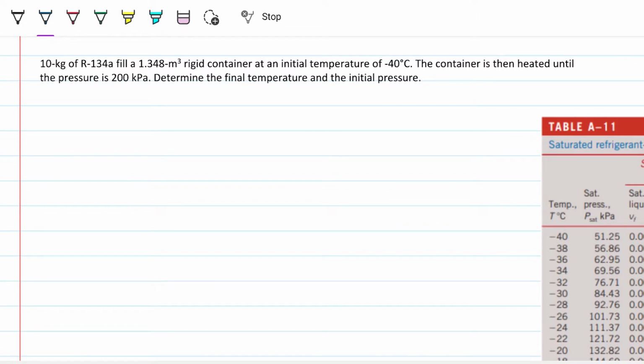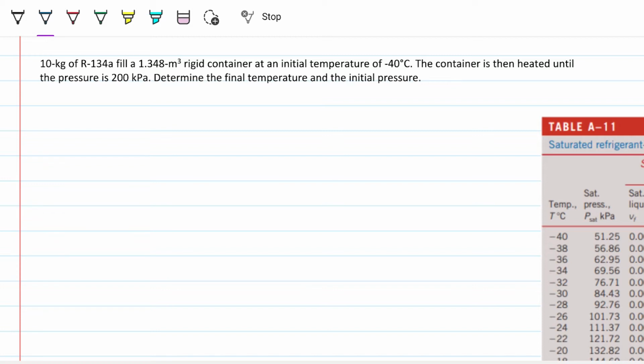Easy to understand. Today we're looking at a problem with refrigerant R134a. Let's talk about what that is. And we're solving for thermodynamic properties. So again, basic problem, introductory problem for properties of pure substances and how to find and identify the state of